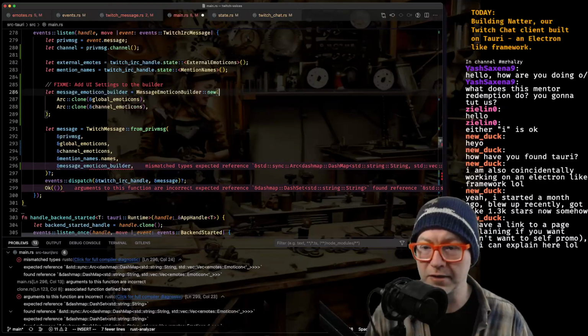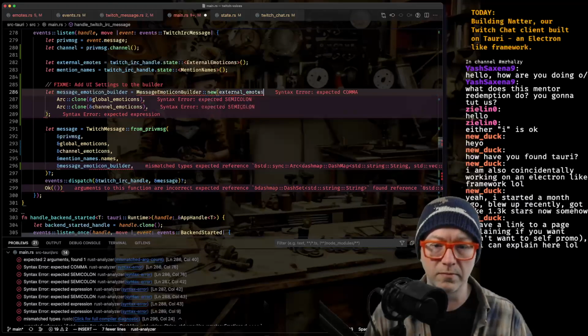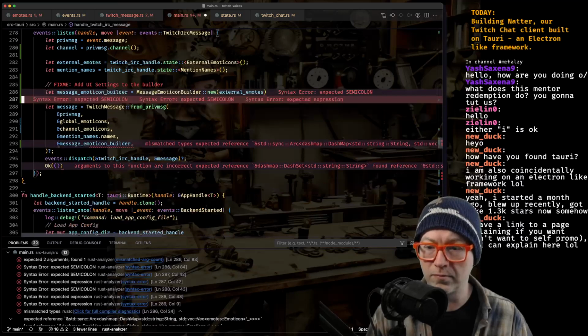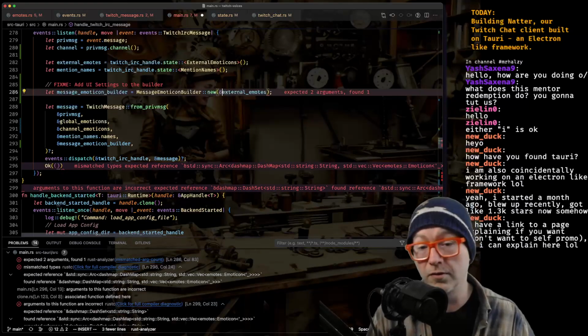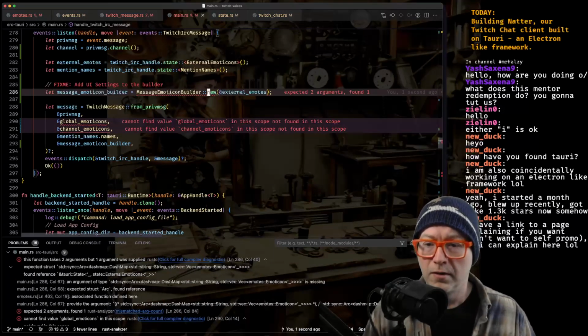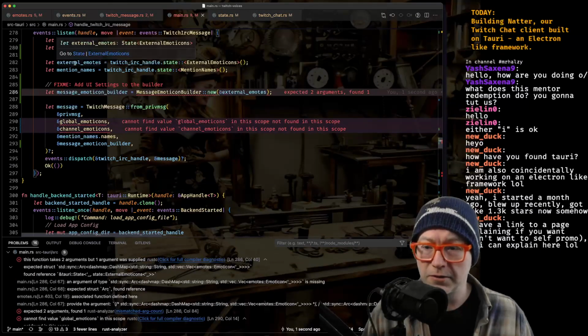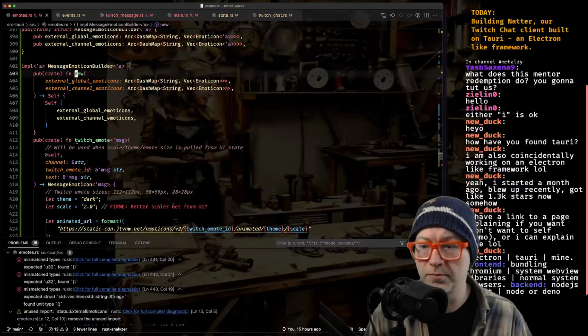We just need to pass in the external emotes, or a reference to them. Yeah, what type is that? That's external emoticons. Okay, let's clean this up.